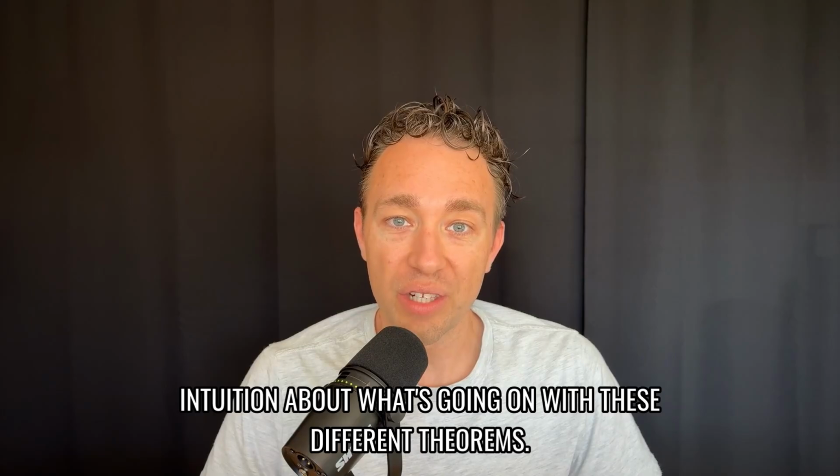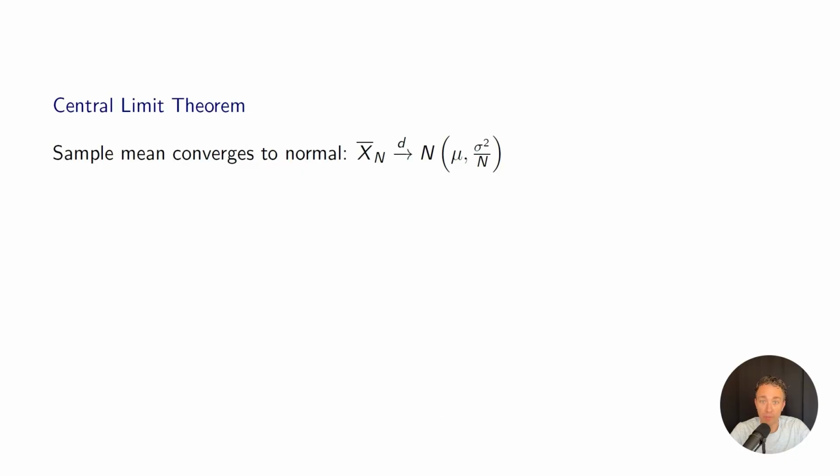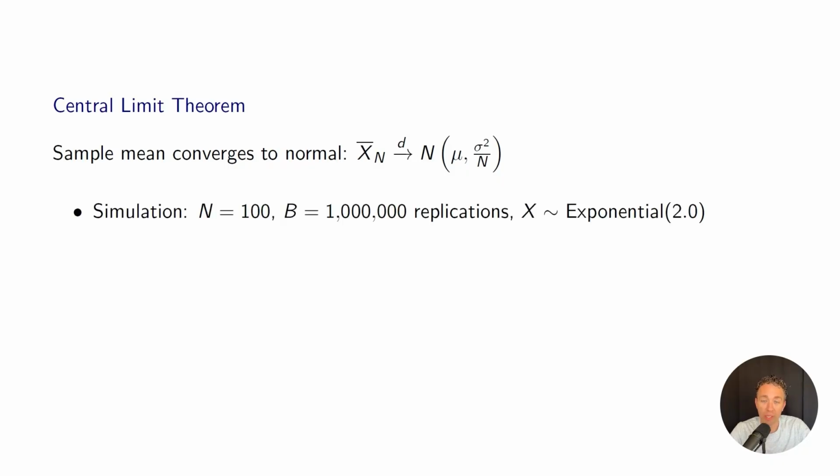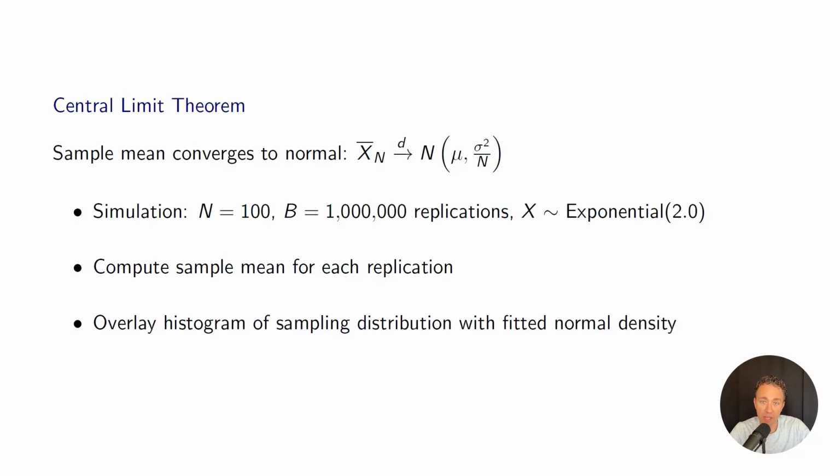And briefly, the central limit theorem is going to give us the limiting distribution of the sample average or a similar statistic. And the way we're going to set this up is we're going to have samples that are 100 observations in size, and we're going to replicate those 1 million times. And the underlying distribution is going to be exponential, and we're going to compute the average of each 100 observation sample, so that we then have a 1 million length series of sample averages. And then we can look at what's the distribution of that compared to what would be the theoretical distribution according to the central limit theorem.